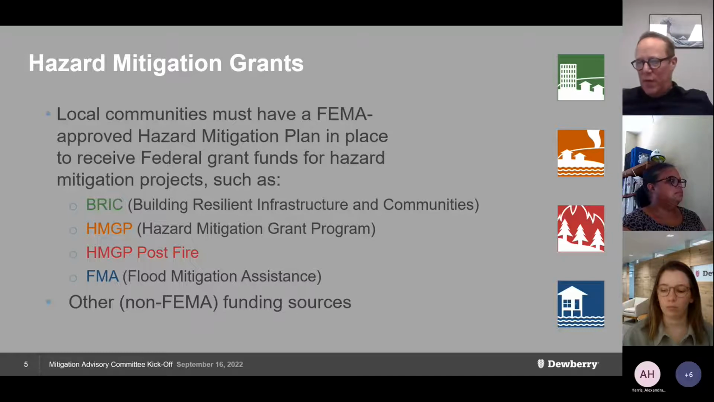That's a post-disaster program. So when there's a presidentially declared disaster declaration, typically about 15% of the overall damage number from the disaster is made available 6 or 8 months after the disaster to do hazard mitigation projects. So that one doesn't have quite as many of the strings as the BRIC program does, but it's only available